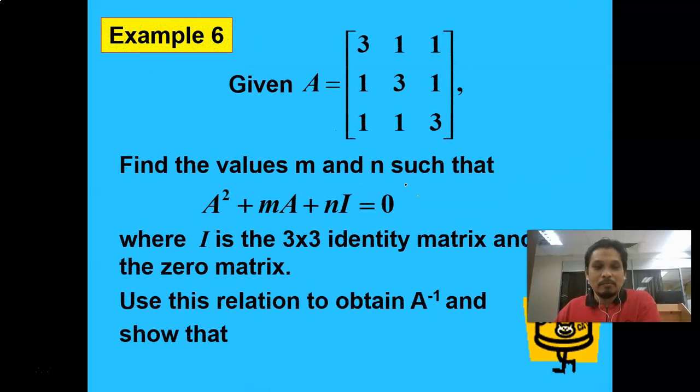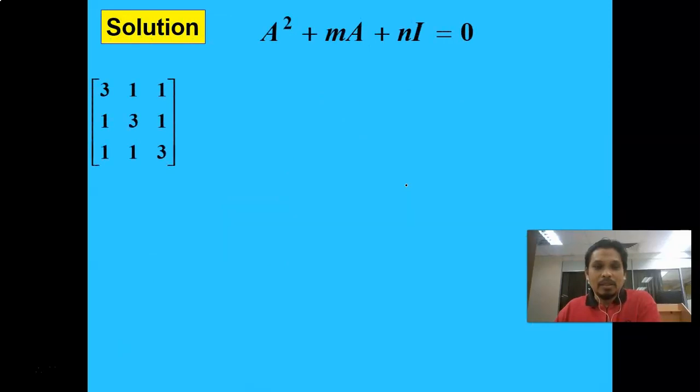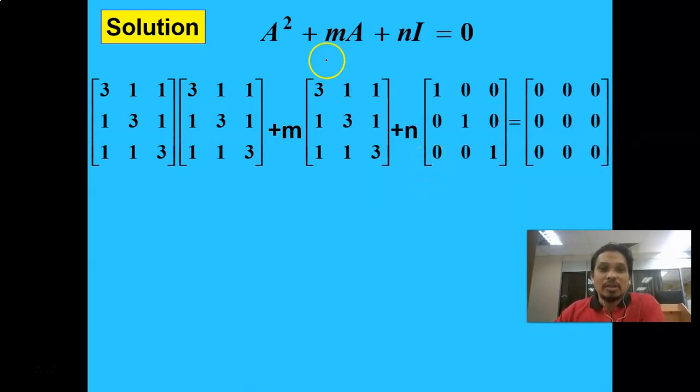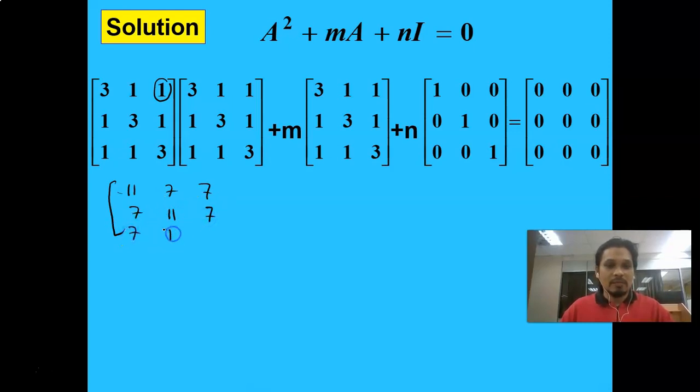Okay, example 6. Okay, so then we list down all here. Okay, class, for this question, I'll choose the easiest one. Okay, I'll choose, let's say, 1 times 1. Okay, class, to make it short, you recall multiply this matrix of A with A, these two, okay, so I make it short here. It's gonna give us 11, 7, 7, 7, 11, 7, 7, 7, and 11,